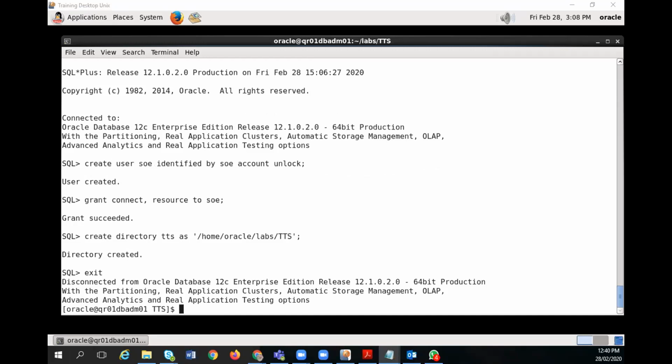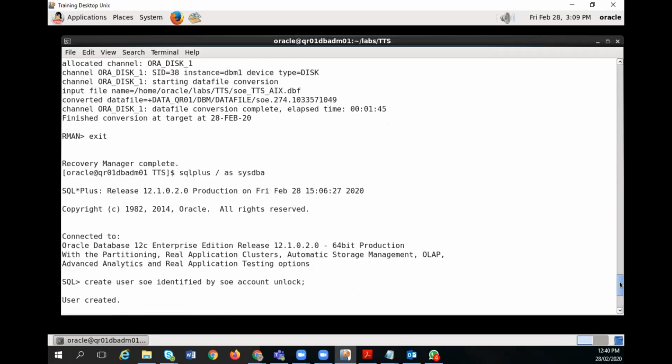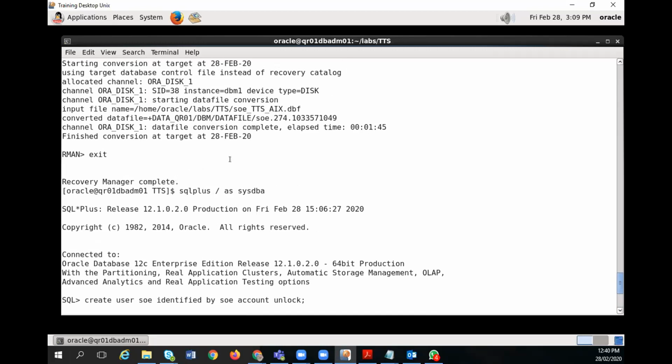I can put the transport data file. What is my data file name? Let me see. tts.dmp. This one. Copy this data file location.